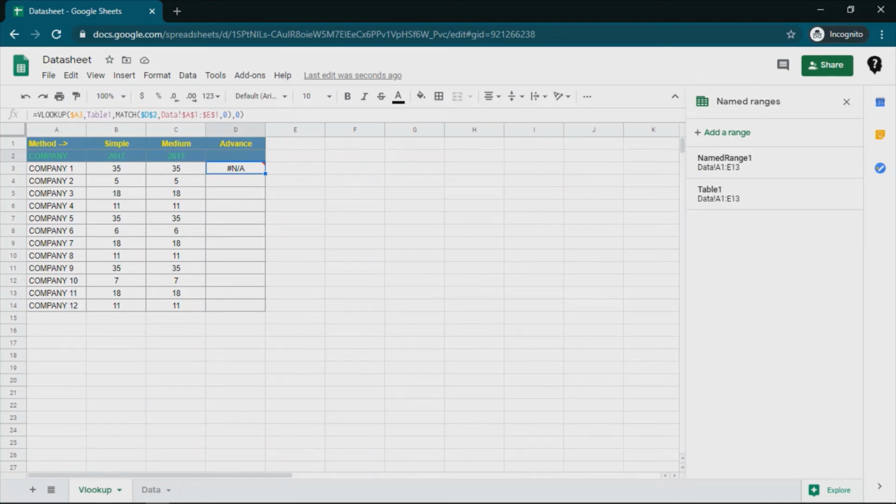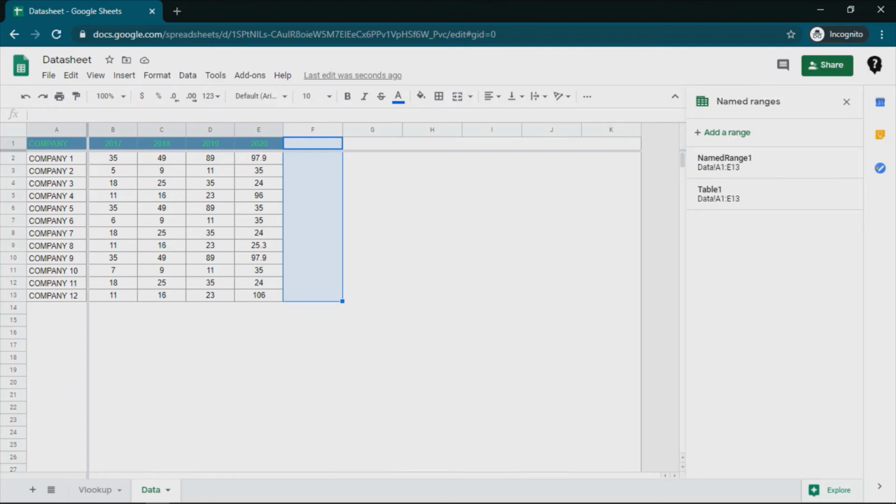Because it is searching for the match. So what the match function does basically is look for the search term in the given range and return the number of the column, the number of places of this term in a particular range. So for example, in the D2 cell, if I have typed 2017, let me copy this. It will search 2017 in this range and return its number for its placement. For example, this is first, this is second.